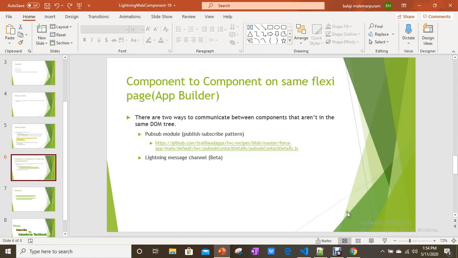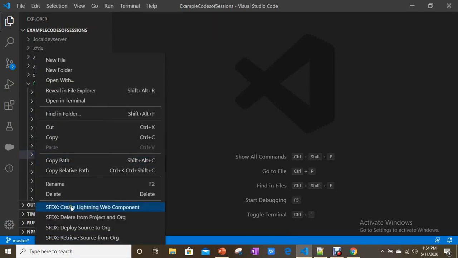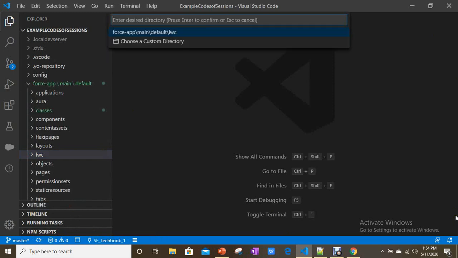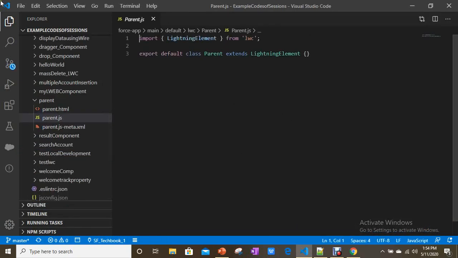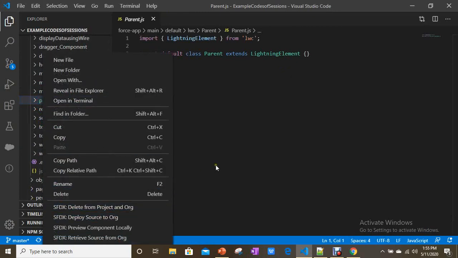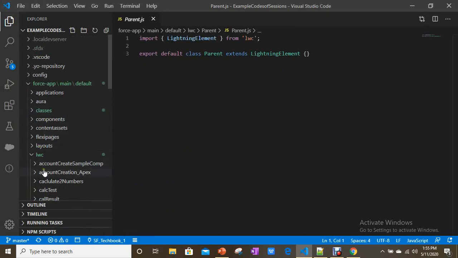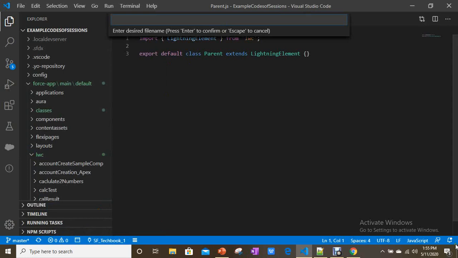Now let's start the practical session. So first thing is how we can pass data from parent to child. Let's create a component, a parent component. Just name it as parentComponent. Another component I'm using is childComponent.